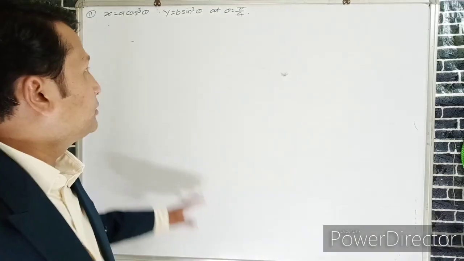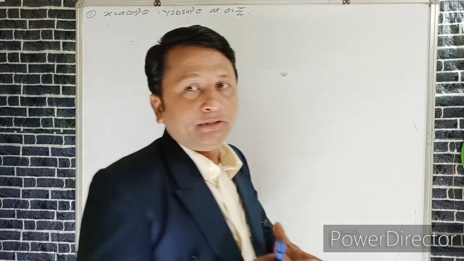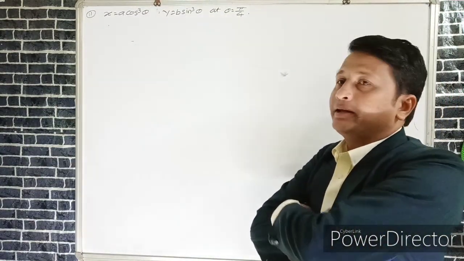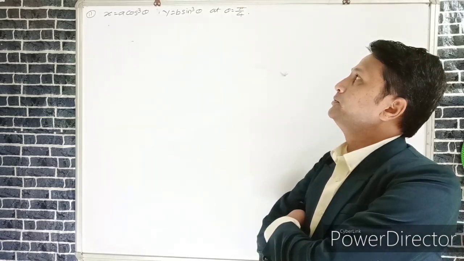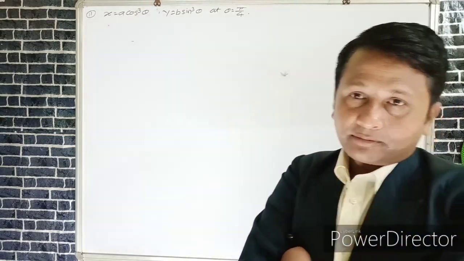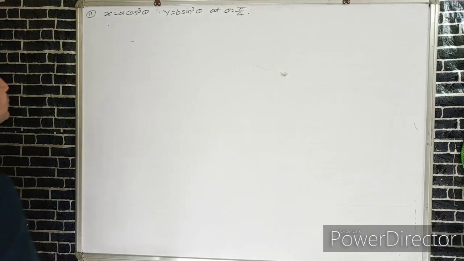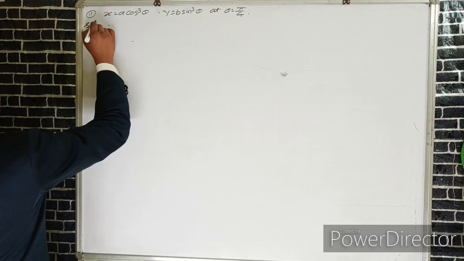So again here we have to find d2y upon dx square of a given function which is in the form of parametric functions. Here we have to find the derivative of this function: x is equal to a cos cube theta, y is equal to b sin cube theta, and theta is equal to pi by 4. First we have to find dy by dx. Here x is equal to a cos cube theta and y is equal to b sin cube theta. If we differentiate